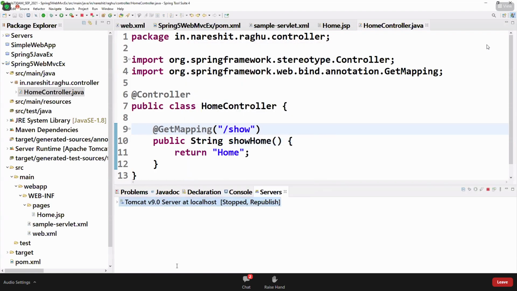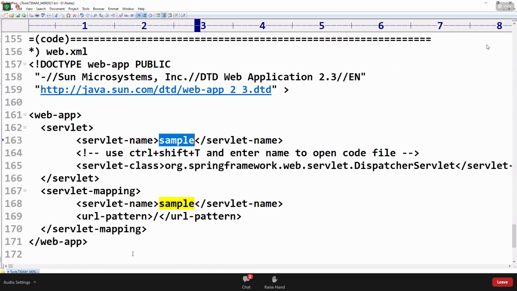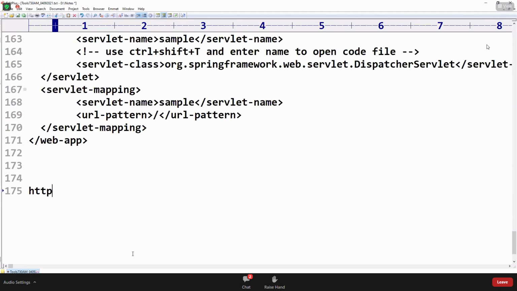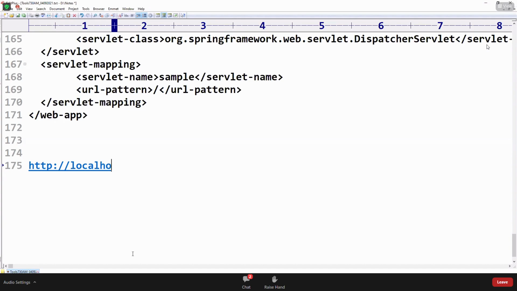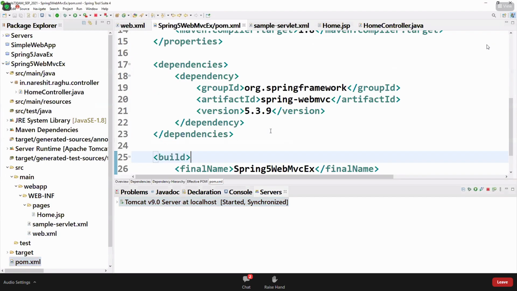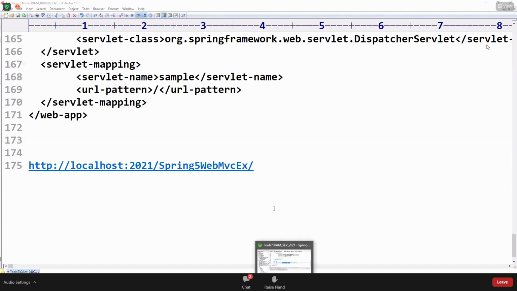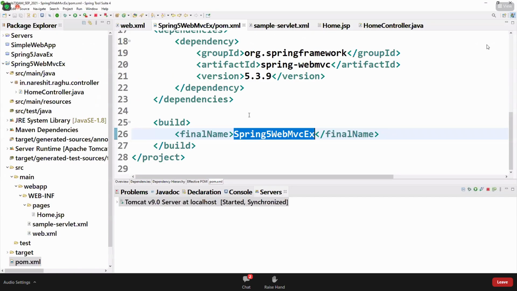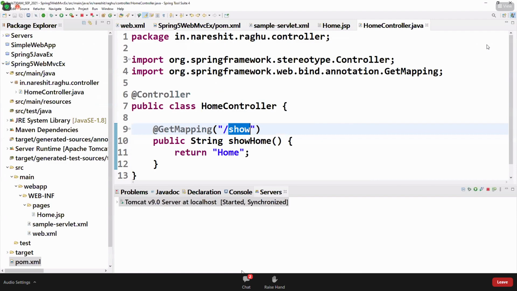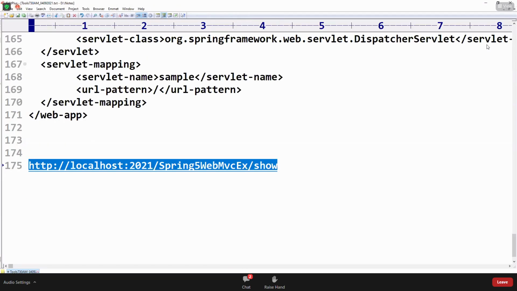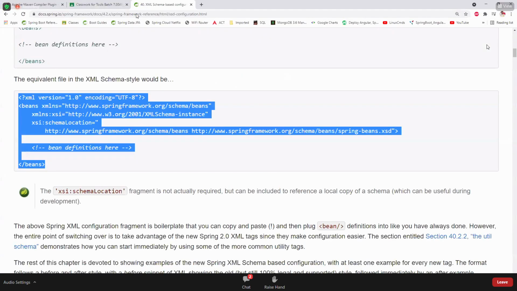Once you start, construct the URL: http://localhost, port number 2021, the project name from the pom.xml, slash, your controller path show. Copy this, go to the browser, enter the URL, and you see it is showing some error.